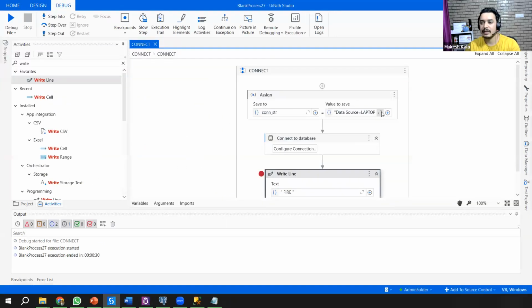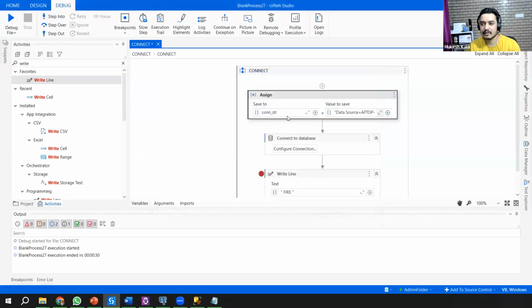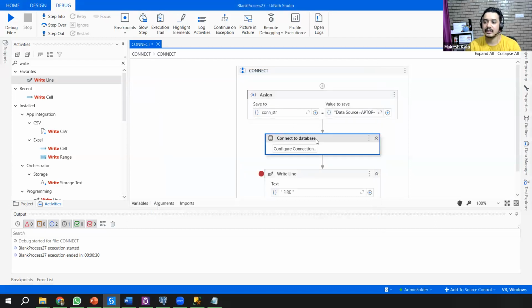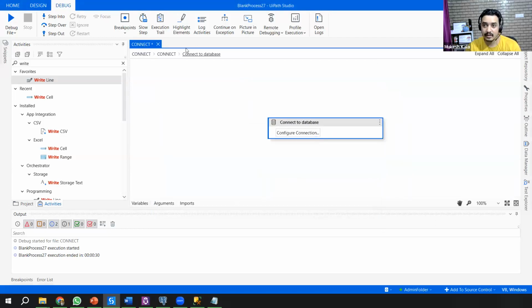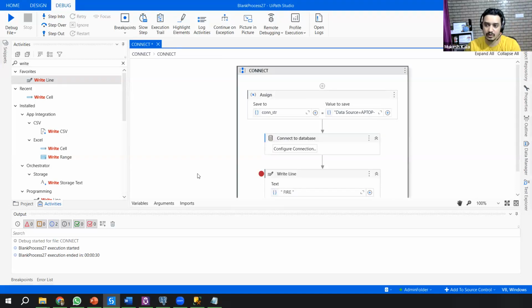Let's say by mistake you have got some different value, and I'll just remove the L from this laptop and make it 'aptop'. So I made some mistake here, and now I'll save. Because this was a string, the activity is not showing me an error. So let's say you got some connection string credentials from other developers and now you want to test.